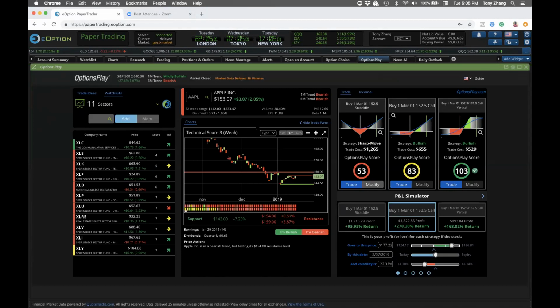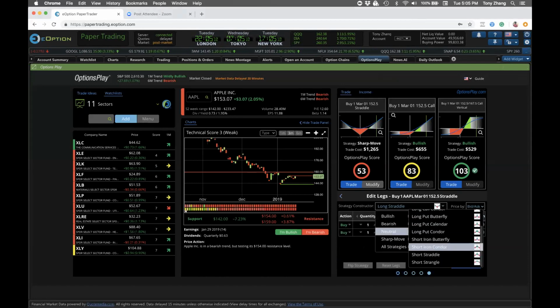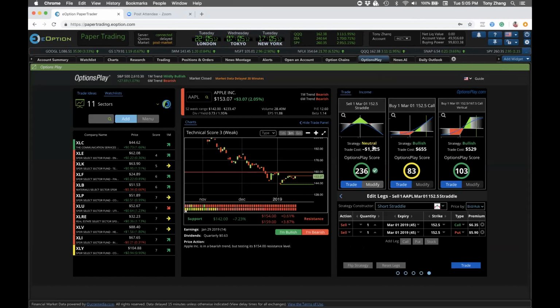Walt is saying, will you sometime cover selling vol crush? So you can certainly sell vol crush, and I think the best example of this is what I just said right now, is short the straddle. That's really where you're selling vol crush. However, again, this comes with a high amount of risk, comes with unlimited risk to the downside on both sides, requires high amount of margin to enter this, and it requires you to have level 5 clearance on your trading account. Not everyone does, but that's really how you would sell vol crush.